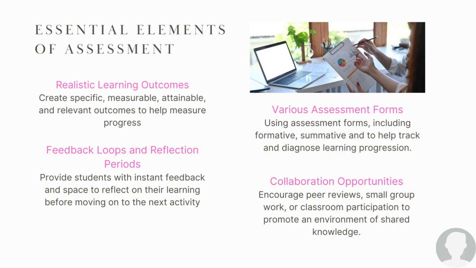So, what is specificity? The outcome should clearly define what students will know, understand, and be able to do after completing the lesson. Measurability: outcomes should be measurable, so teachers can assess whether students have achieved the targeted goal or not. And the last one is attainability: the outcome should be achievable within the given time frame